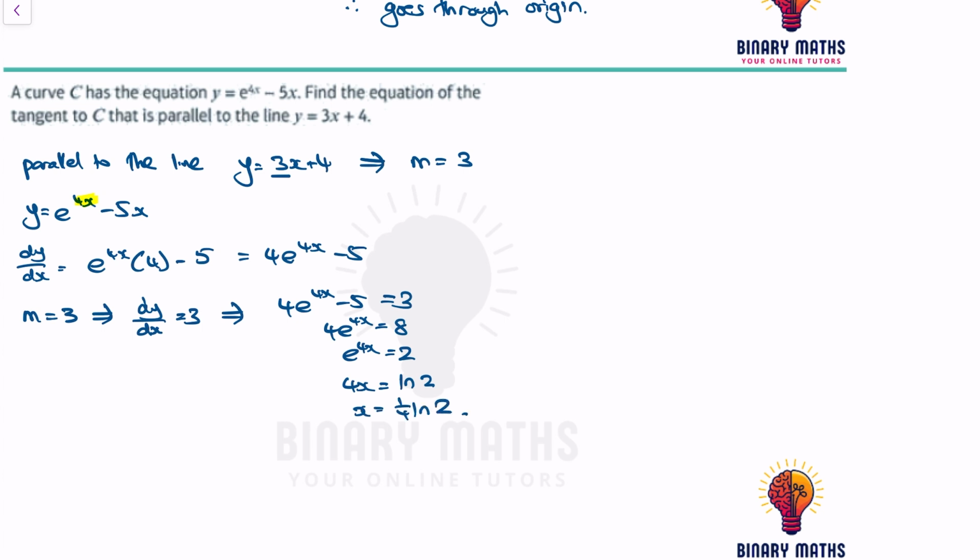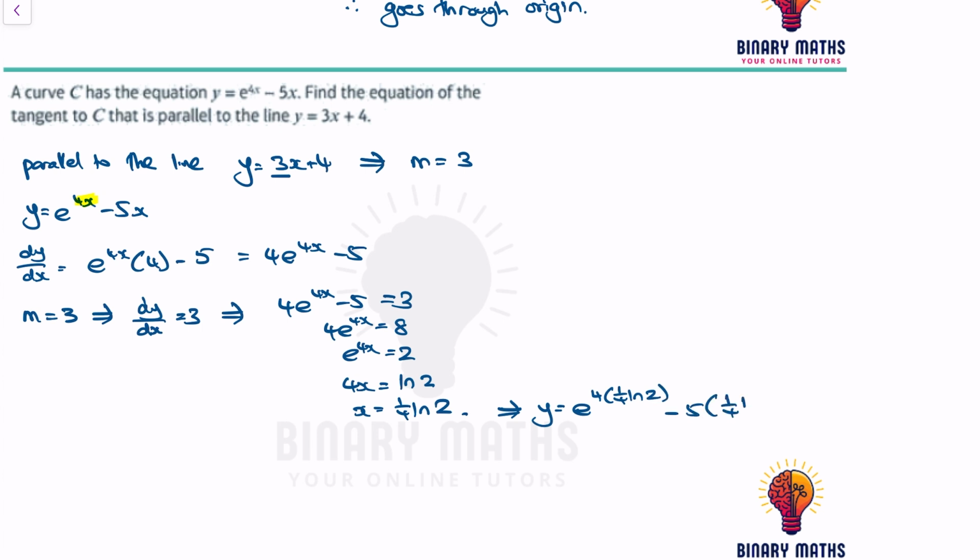So if we know what x is equal to, we can always find out what y is equal to. So this implies y will be equal to e to the 4 times a quarter ln 2 minus 5 times a quarter ln 2,